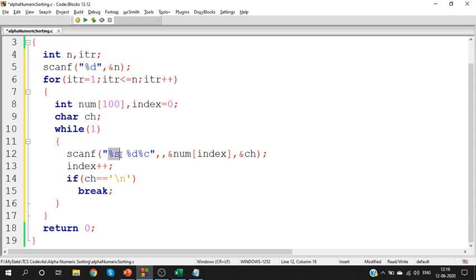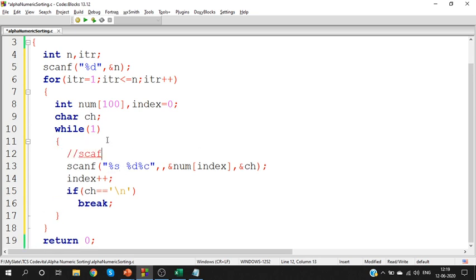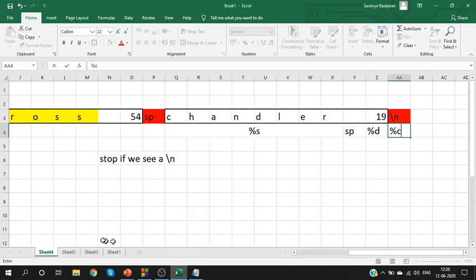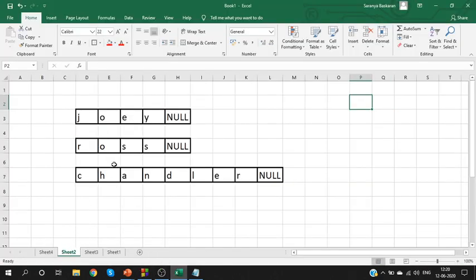Okay. So if you notice, we have scanned almost all the values, but string is still not stored. Yes. How can I store a string? See, generally, if it is just one string, what will you do? Scanf percentage %s, comma, str. Yes, we will not use the address of operator. We will not give the indexes. For one string, we will store it as str. Right. Now we have multiple strings here. This will be your first string, second string, third string. And if you remember, all the strings will be terminated by a null character.